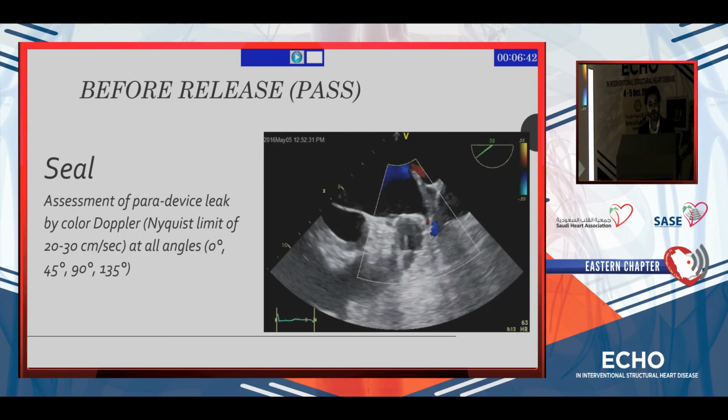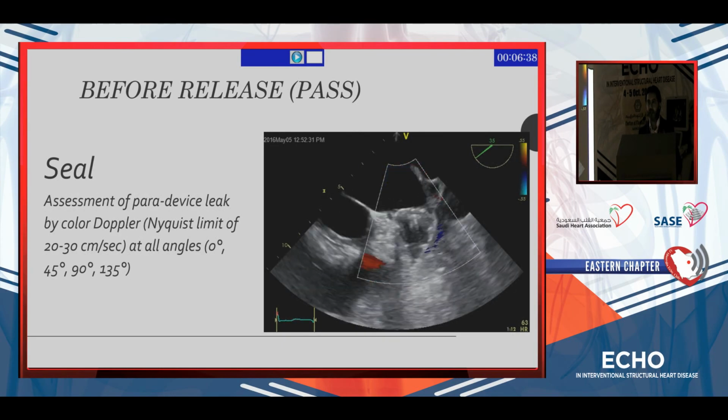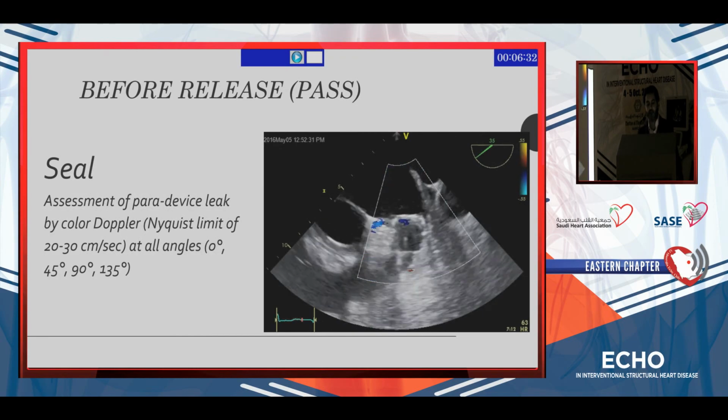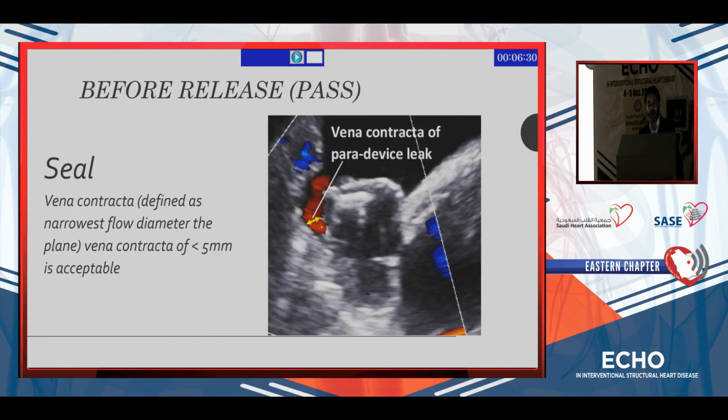And lastly is the seal. You look for any leakage. So again, you do it in all angles, and you do it at 0, 45, 90, and 135. Leakage like this, you have to measure the vena contracta, or the narrowest